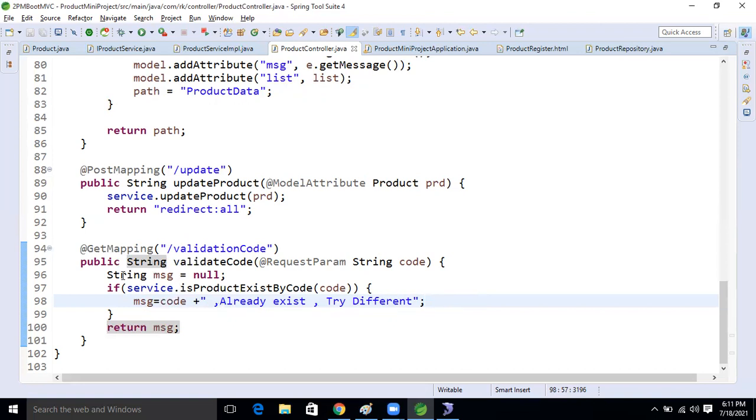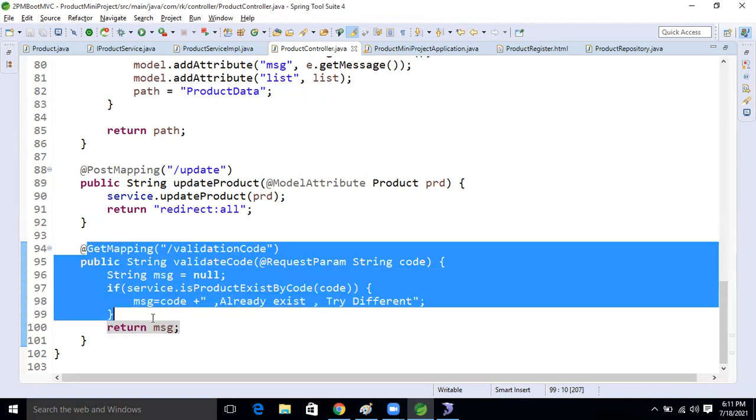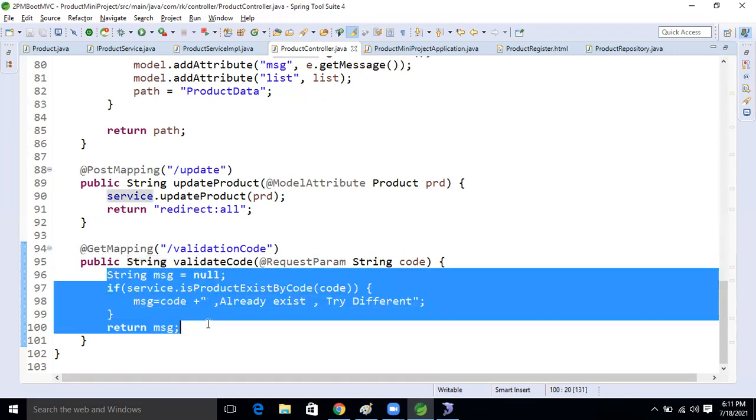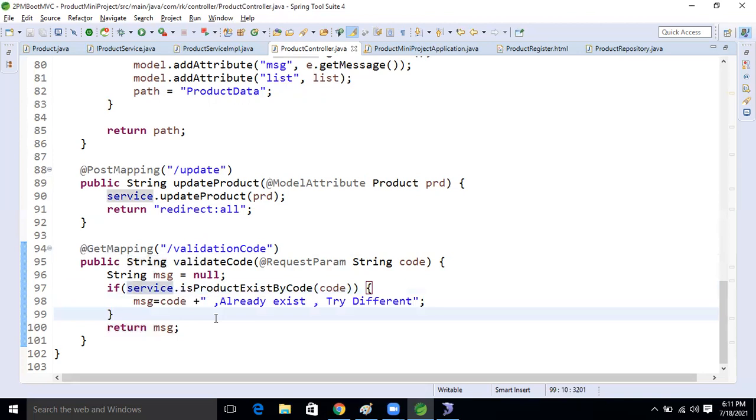But in the whole project, what I'm going to do is expose this message in the context memory. I hope those who learned servlets know what context memory is. It is global memory, used at the application level.